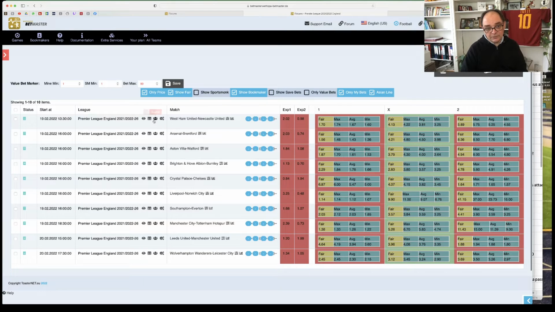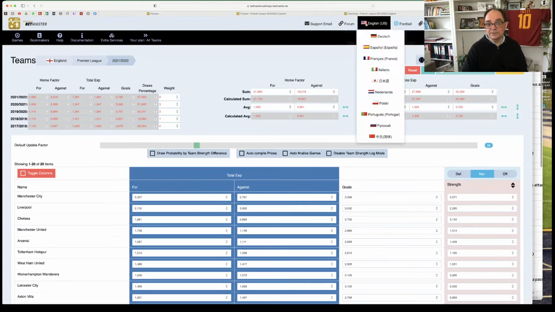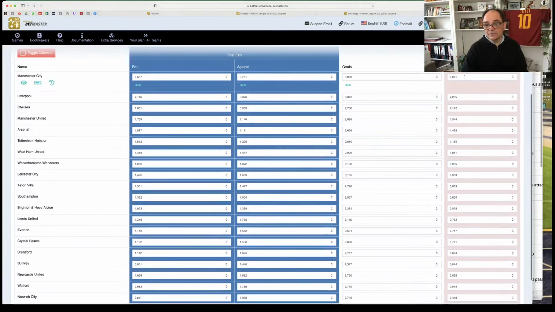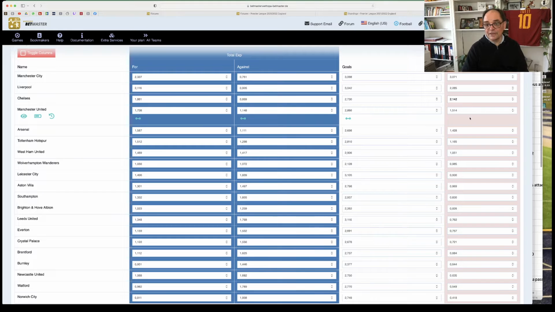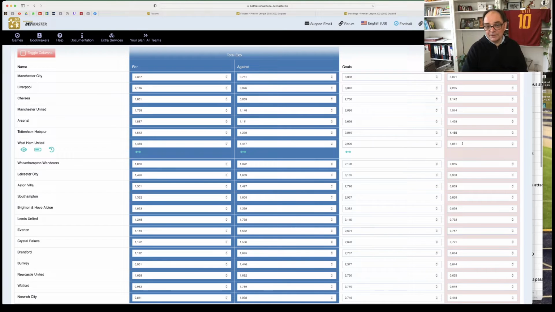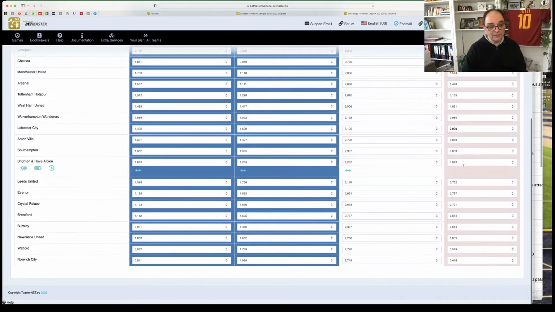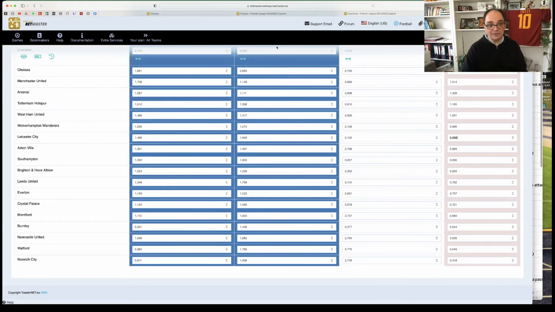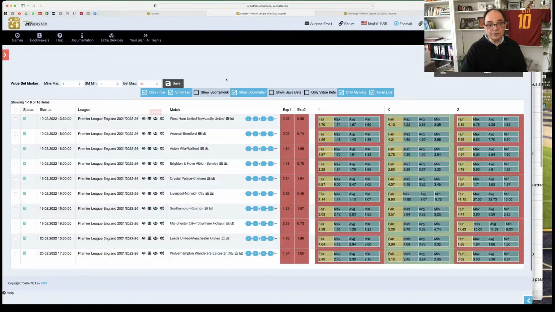If you go to the teams settings here, that you can also open up here, you would see it's the same thing here. Manchester City top, Liverpool second, Chelsea actually pretty close here because results are still fine. Manchester United still in fourth place, although not playing well. Arsenal had been struggling, improving. Tottenham here, West Ham were very decent. Leicester still maybe a bit overrated, not winning their games. Anyway, this is the ranking that this is based on, my calculations here, and now we will go straight into this